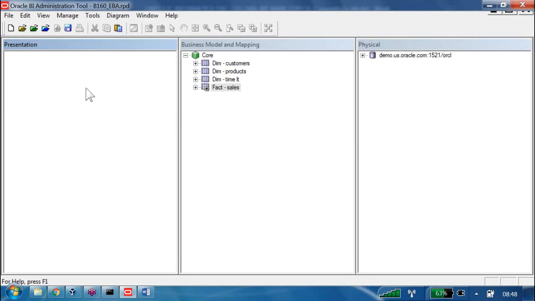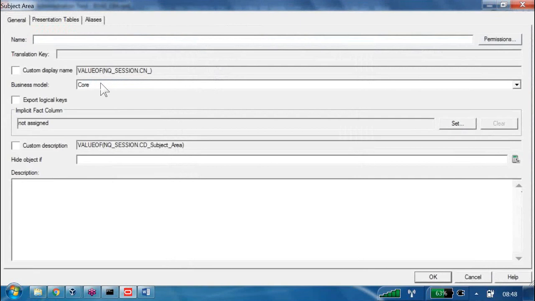Okay, so let us say my data is related to sales data. And what is our batch number? B160, and it's a supplier sales representative. I am clicking on OK.